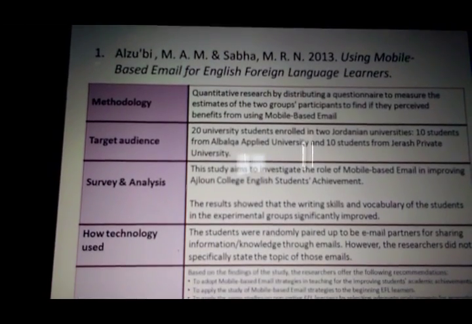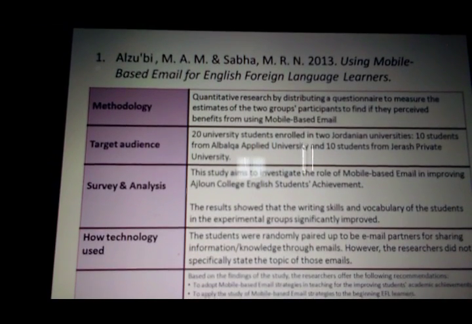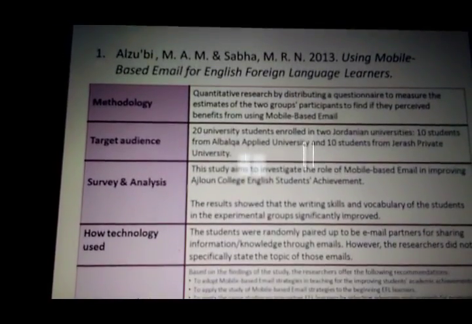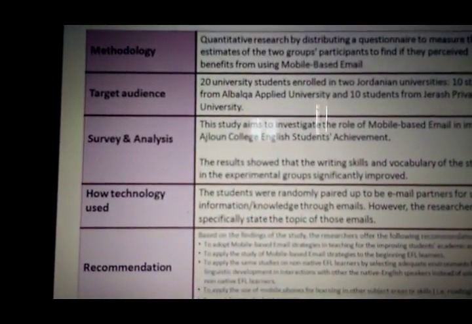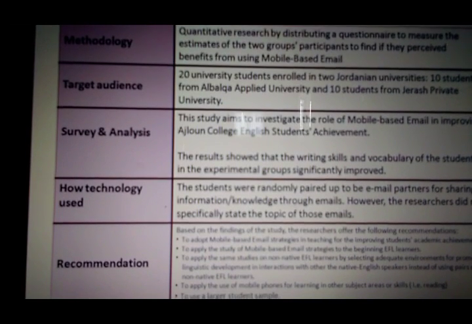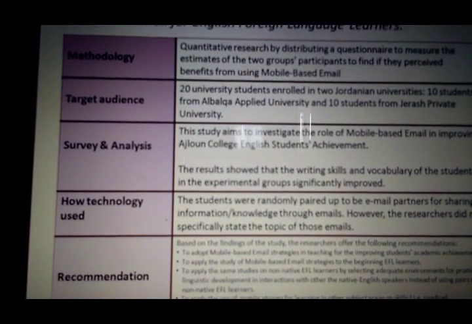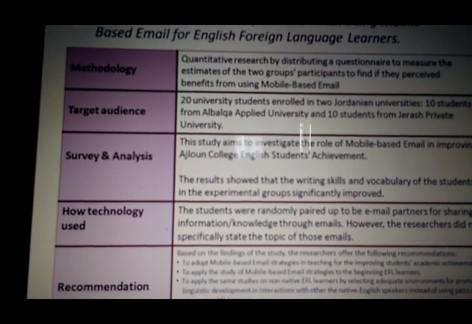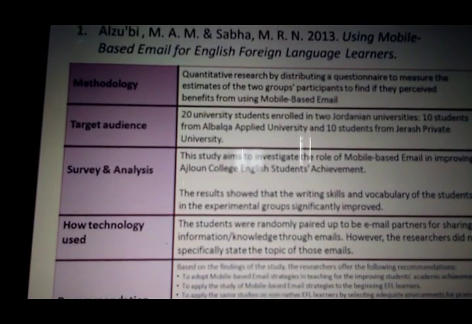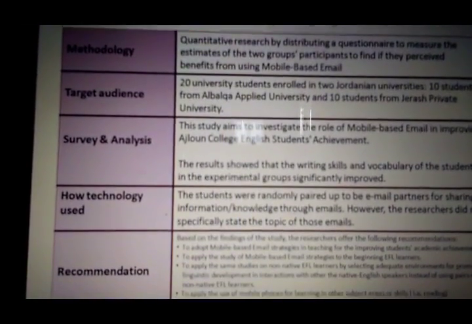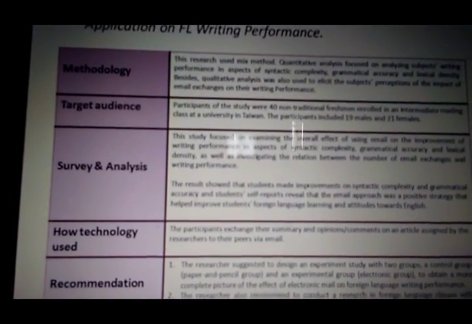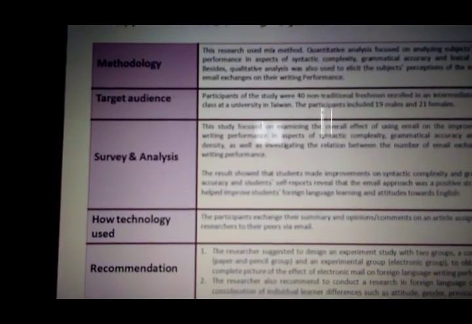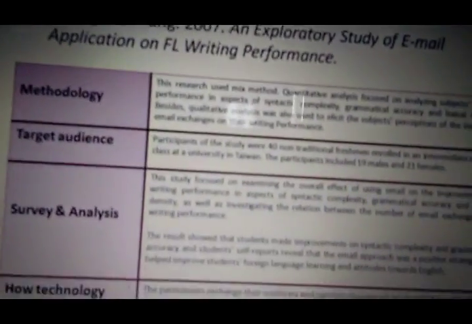The first article, by Al-Zubi and Sabah, 2013, used email for sharing information and knowledge between partners, with 20 participants in the research. They used qualitative research to investigate the role of mobile-based email in improving Al-Jon College English student achievement, and the result is significantly improved. The second article, by Shan 2007, used email for exchanging summary and comment of 14 students